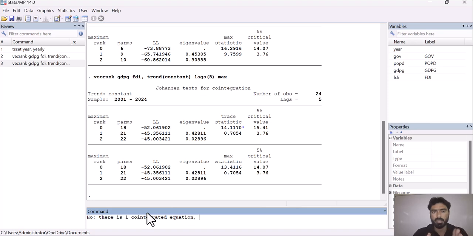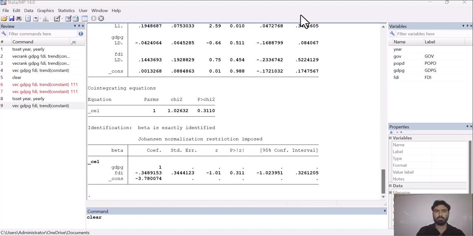So this is how you can check the relationship or cointegration between the variables by increasing the number of lags, and it will give you better results. So now as you can see, this test tells us that there is cointegration between the variables. So now we are good to go to apply the VECM model. So now we will apply the VECM model on these variables, and let's see how to interpret the result of this model, the VECM.